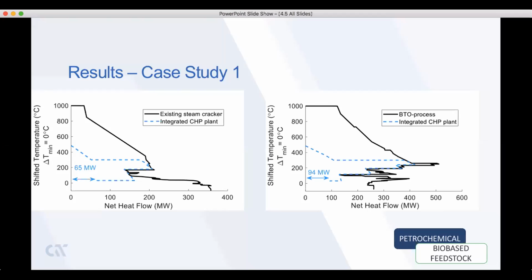The change in process heat flow affects the integration of steam cycles, illustrated by dashed blue lines, and the power generation target is more than 40% higher for the biomass-based process. Unavoidable excess heat is indicated in the figure by red circles and will be highlighted on the next slide by the excess heat temperature signature.